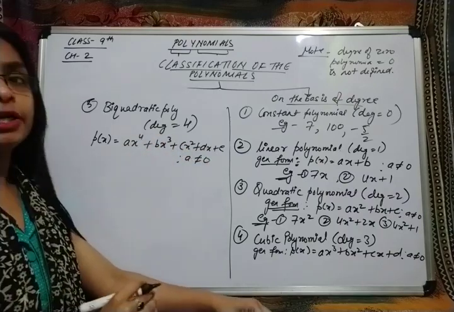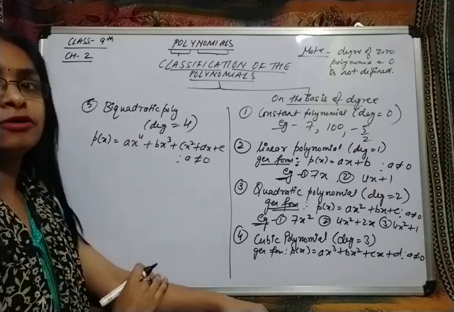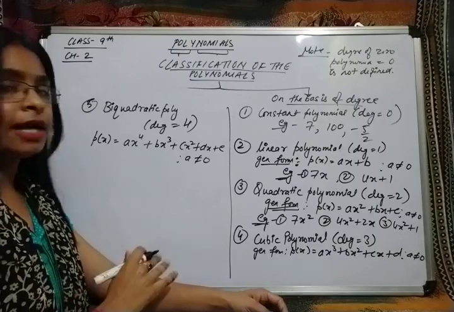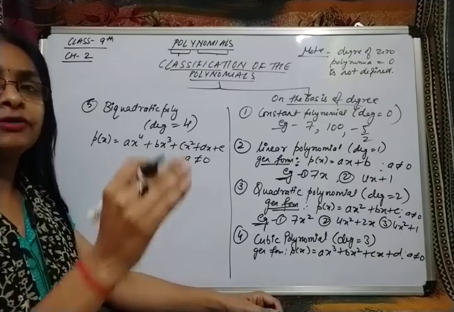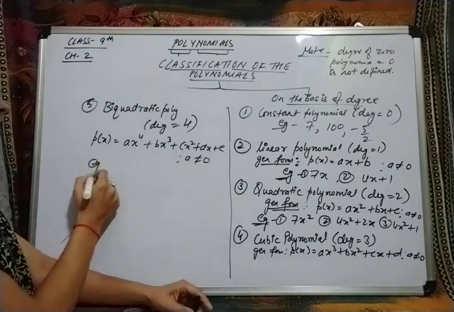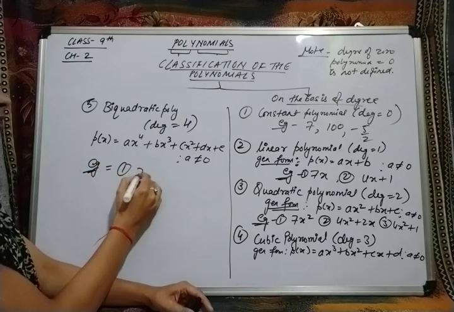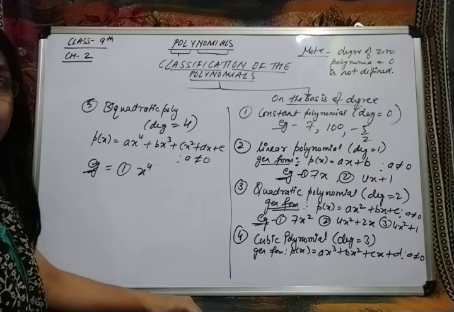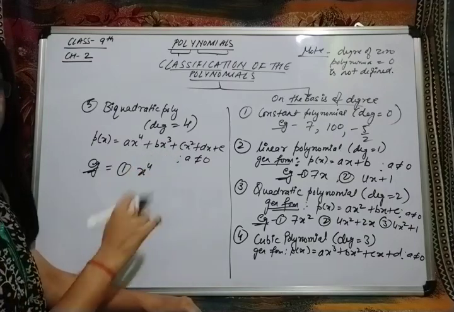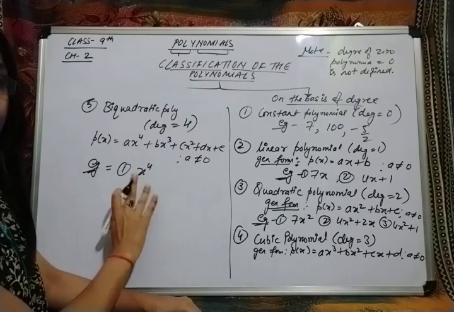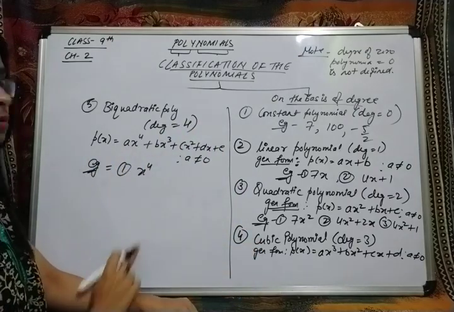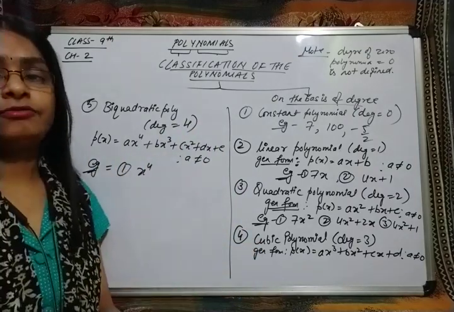So a biquadratic polynomial is a polynomial whose degree is 4. Okay, so in your course this much only, not after that. And after that also we'll not write the names, just degree 100 or degree 200, whatever is there. Okay, and you can write the example also for this. What will be the example? You can write x to the power 4. This is also a biquadratic. There is only one term. I have already said at most 5 terms, but minimum can be anything. Least, not 0, but yes, one term. So here B, C, D and E are 0, but A will never be 0. Okay, so these types of examples you can frame more.